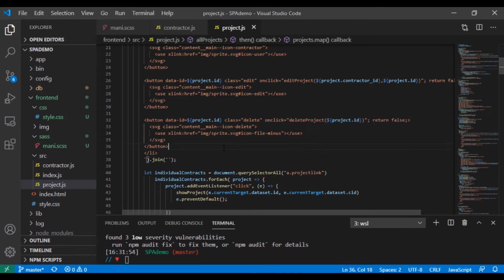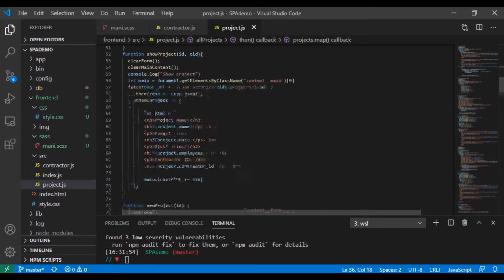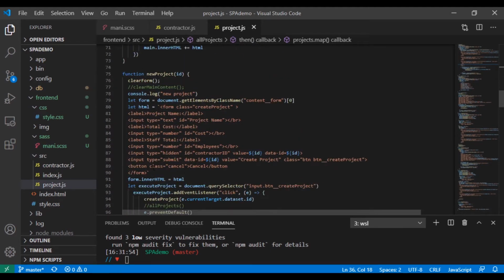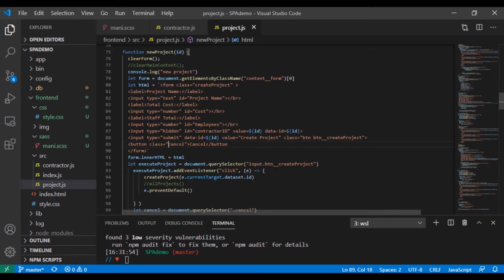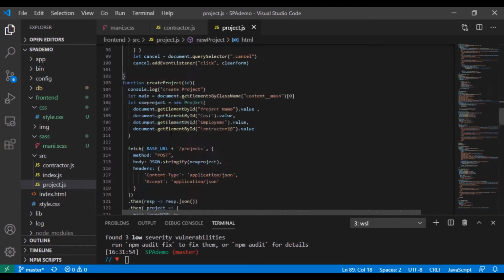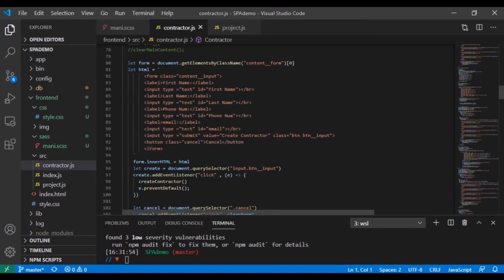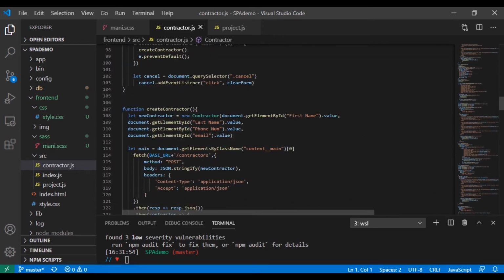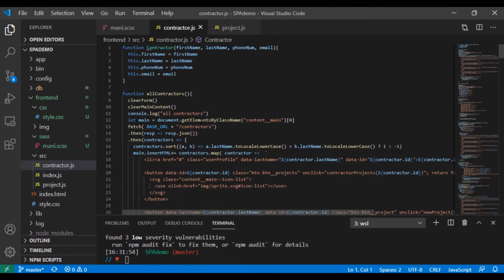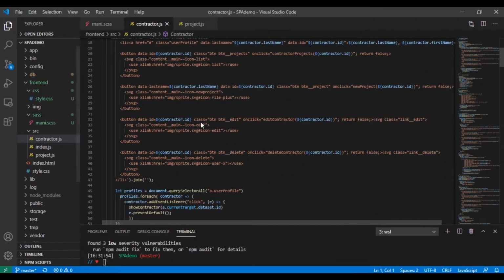But that's not the only one. We're going to go ahead and change up the H3 also, the paragraphs we're going to leave. We're going to change up the buttons a little bit. We're going to give it more of a BEM structure, so we're going to end up changing this query selector, the button itself. So it's mostly on the HTML. Everything's working fine. We're going to have to do it for both contractor and project. I know it's a little tedious, but honestly, it's going to make the whole world of difference when we actually start